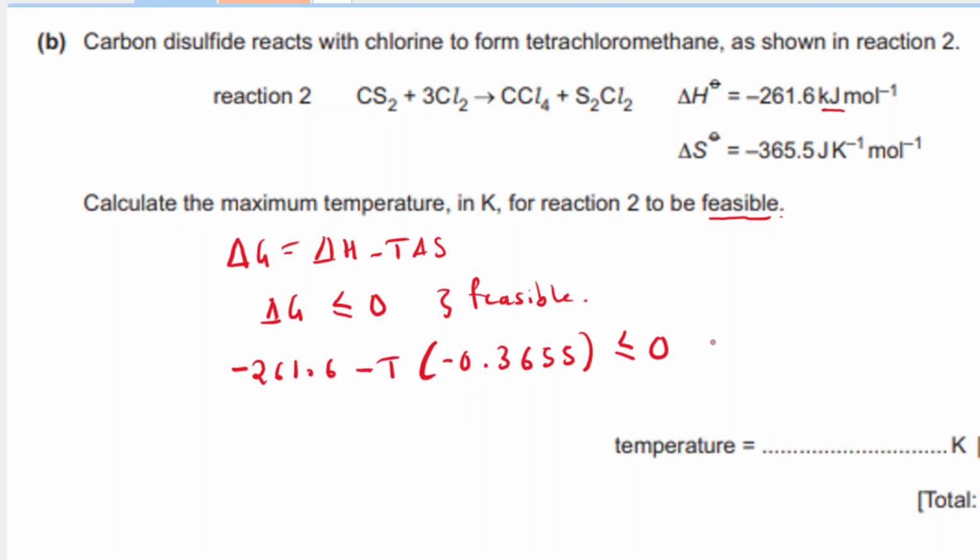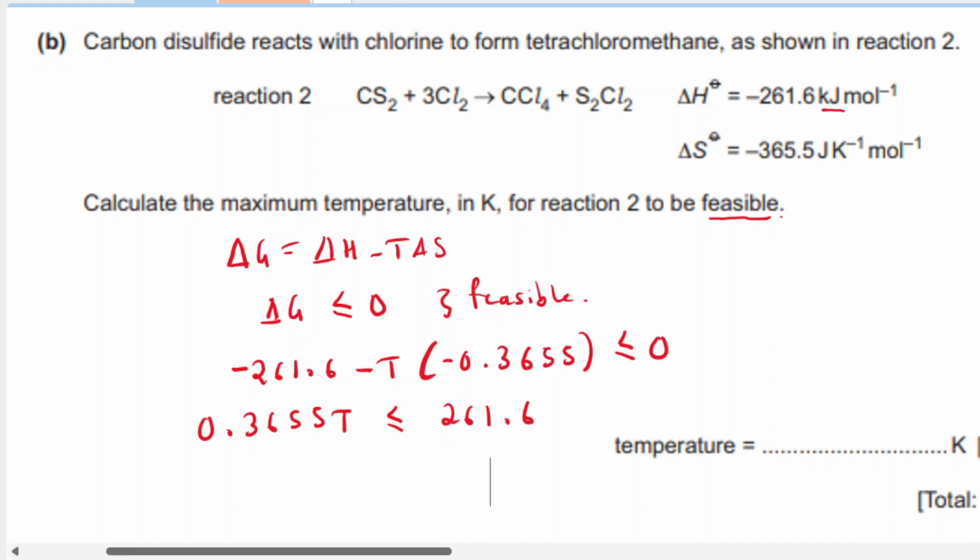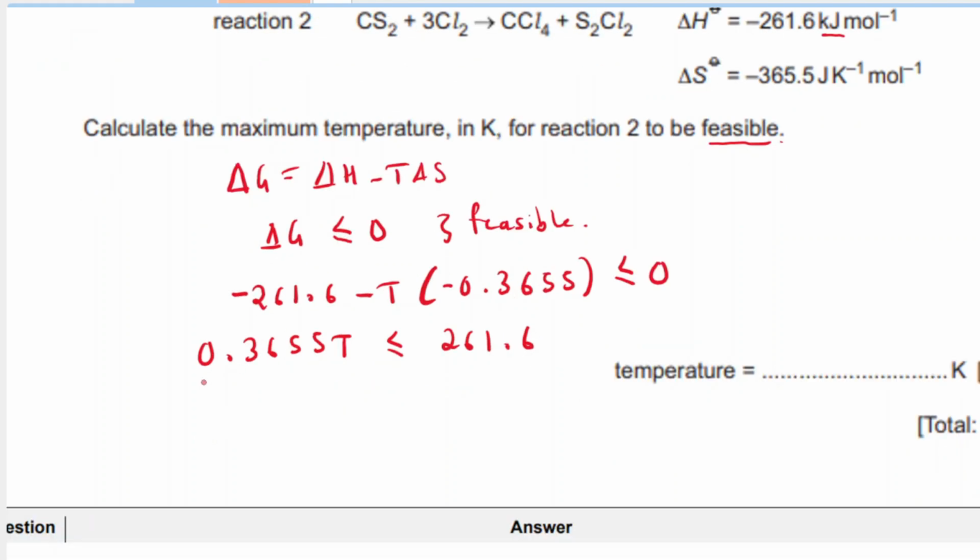So what you can do now is shift this negative 261.6 to that side and multiply these two brackets here. So negative T times negative 0.3655 will just be 0.3655 T is less than or equal to, when I bring this here it becomes positive, so 261.6. Now you can just divide both sides by this number, and you should get your answer as